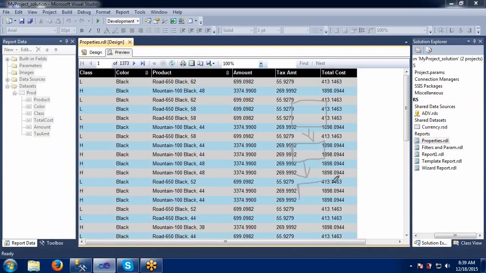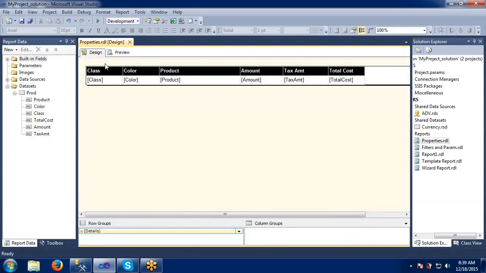I mean, this will be useful when we are trying to take the printout of this report. At that time, these options will be very helpful for any developer. When I'm trying to take this one, some pages will be wasted at the end, because it will not fit to that column. It will be blank and it will waste paper. In that case, if you want to make use of these options, we can set all these options here.